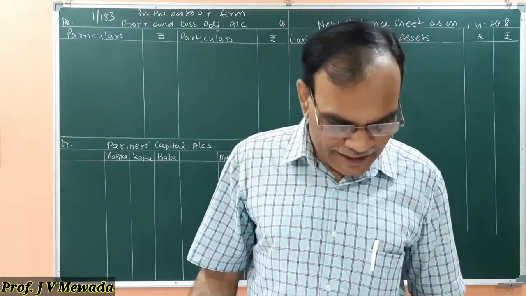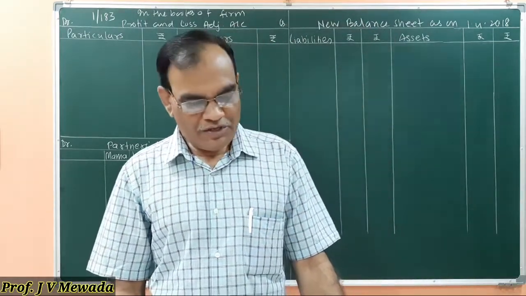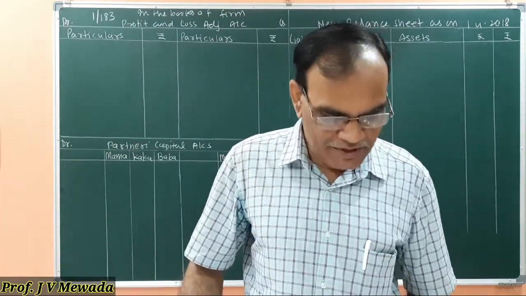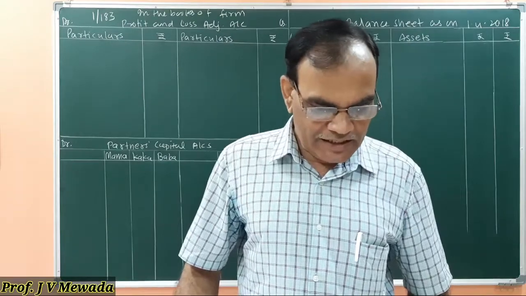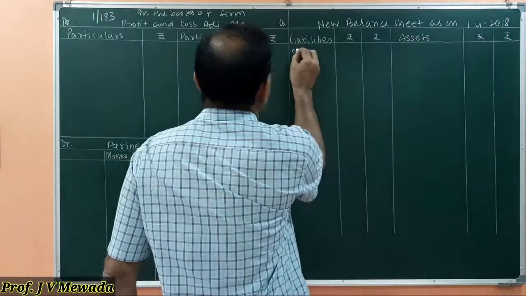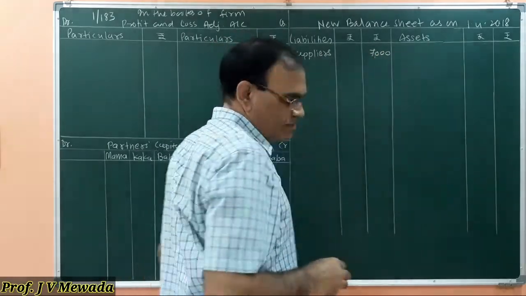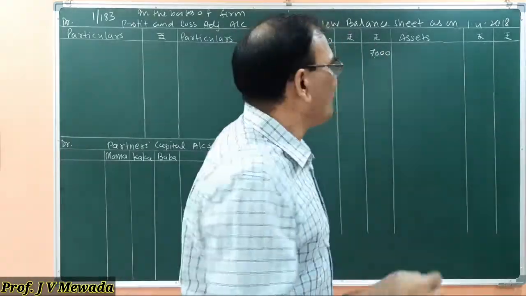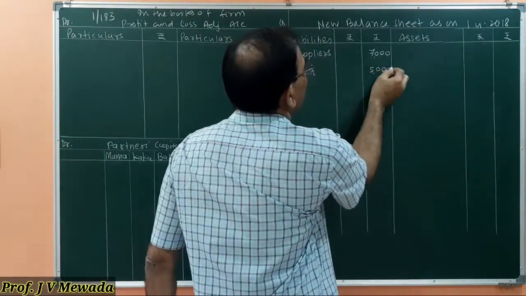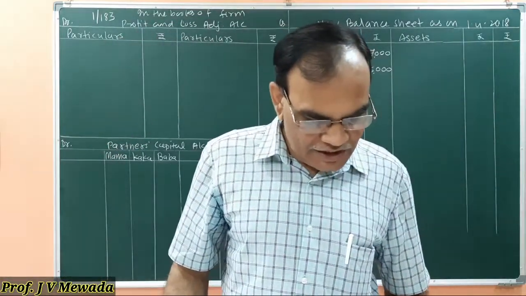Now we will take the items of balance sheet of the liability side. First we are having suppliers, then we are having loan. So in these 2 liabilities there is no adjustment to be seen in the problem. So that is why we are going to write these directly to the outer column, 7,000 and 5,000. So in the balance sheet first we will write suppliers 7,000. Supplier means creditors. Then we are having loan 5,000. So the loan is taken by the firm, 5,000 we will write to the outer column because there is no adjustment. Then general reserve and capital account.